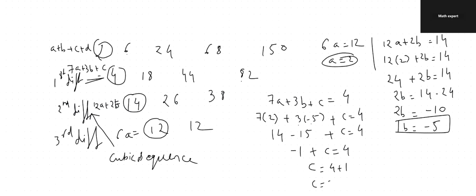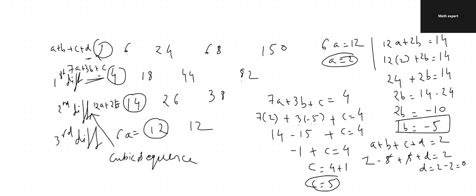If you have any doubt related to the equation, you can watch my previous videos. Okay, once you get A, B and C, you have to find the D one also. So you just have to do A plus B plus C plus D, which is equated to 2. So A is 2, B is minus 5, C is plus 5 and D we don't know, which is 2. So minus 5 plus 5 is 0 and D becomes 2 minus 2, which is again 0.